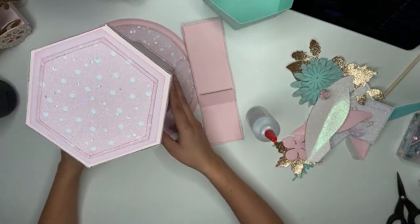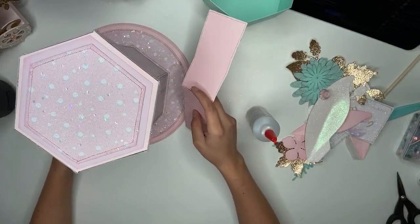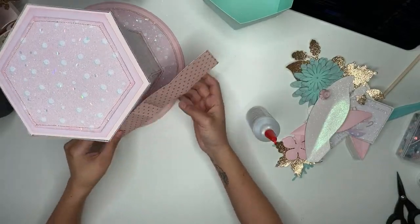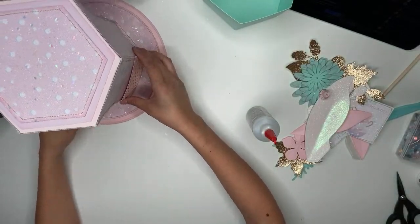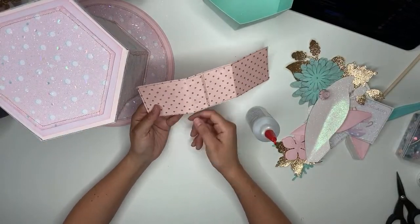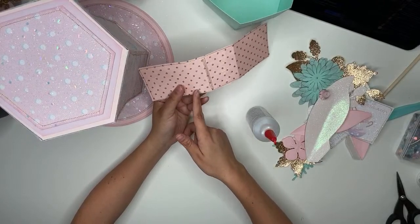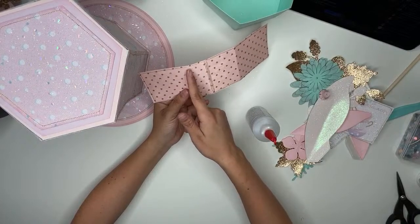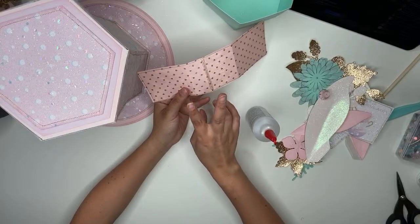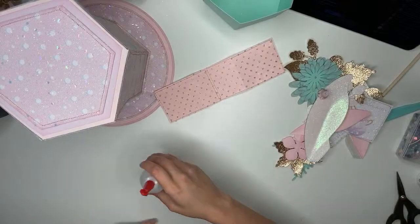No, it's the fact that I think I cut the wrong, I don't know. I got it directly from there, but it's not going to work. See, if I put it here, it's missing, like, this slit should have been here in the first part right here. So I'm going to have to bring out my sewing machine, and I'm going to cut this portion right here. I need to do a stitch here and a stitch here, so that way I'm gluing 2 separate pieces, and it's still going to work. It'll be just fine. So let me grab my sewing machine, guys, because